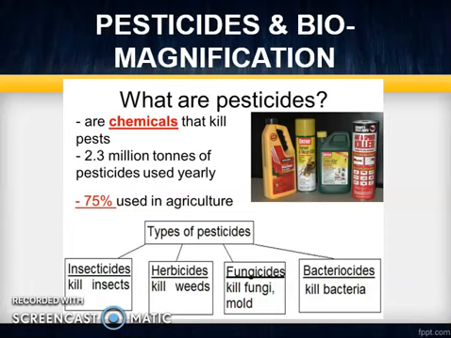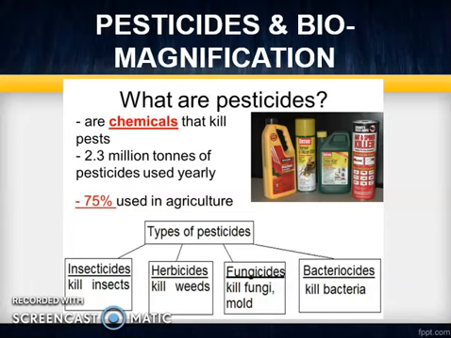And now, in this slide, we want to discuss the fourth environmental issue in chapter number 5 of our course. The title of the fourth environmental issue is pesticide and biomagnification. Based on this slide, pesticide can be defined as a chemical substance that can kill pests that attack our crops in the agricultural field.